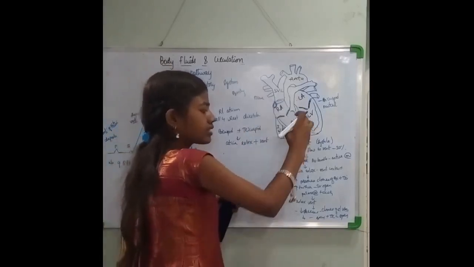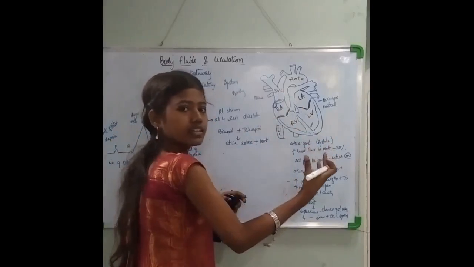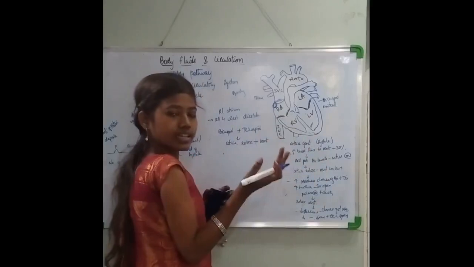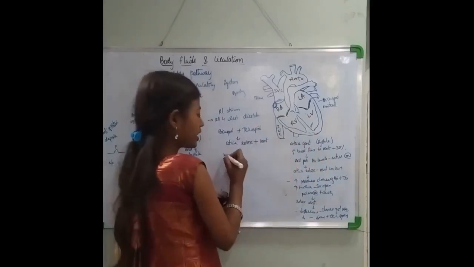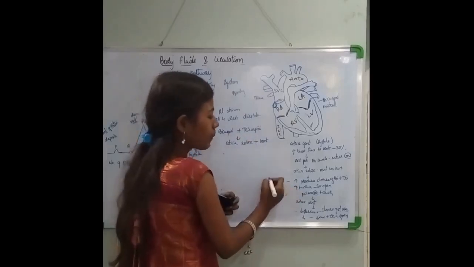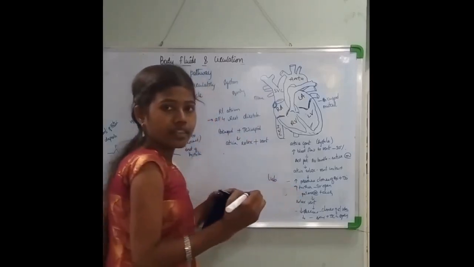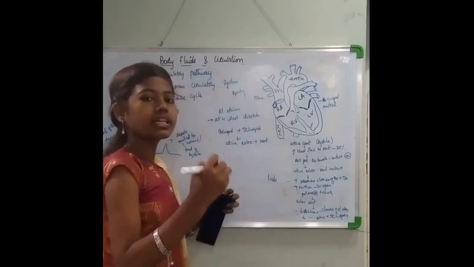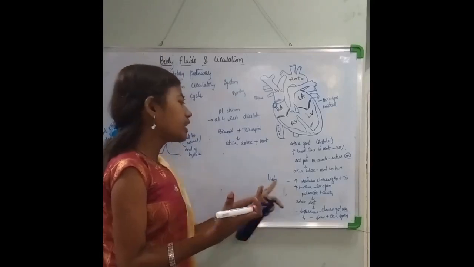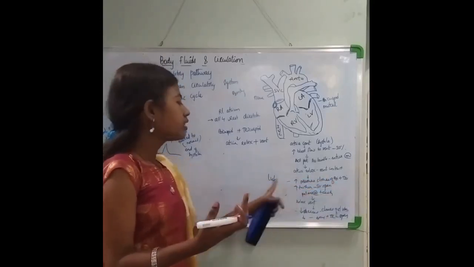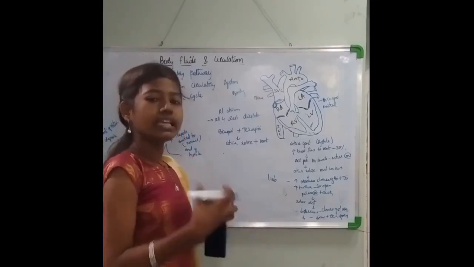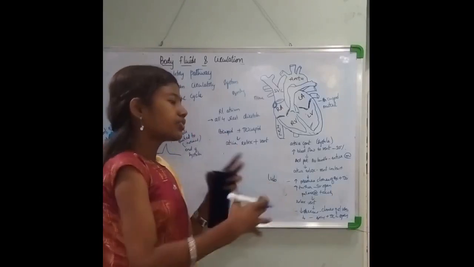Once this is done, the ventricles have the blood and are contracting. As the ventricles contract, the pressure in the ventricles increases. That pressure increase leads to closure of the bicuspid and tricuspid valves. This produces the first heart sound, called the lub. The pressure increases in the ventricles due to the excessive blood in them, leading to closure of the bicuspid and tricuspid valves, which produces the first heart sound. After this, the pressure increases further.